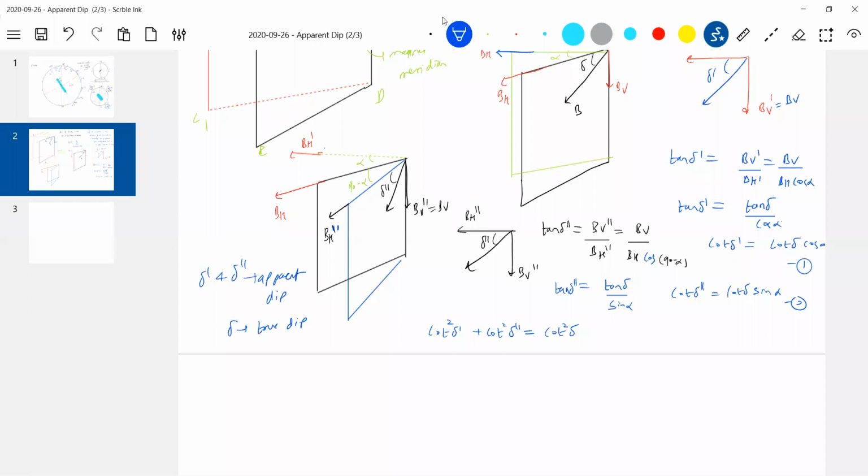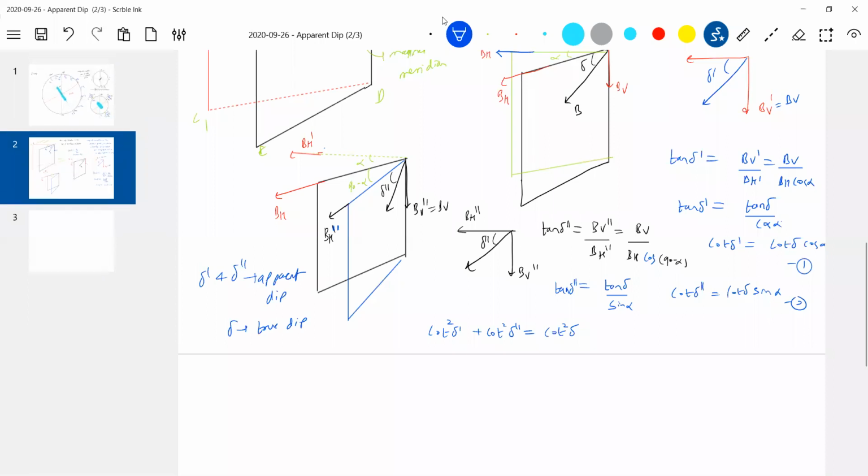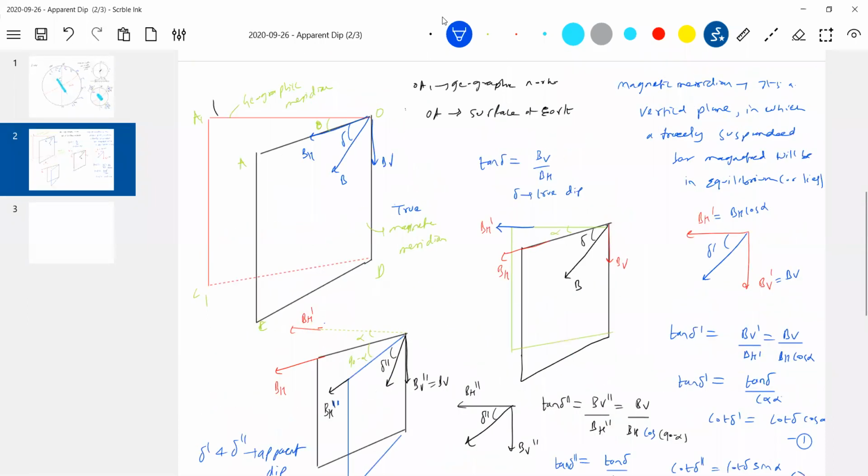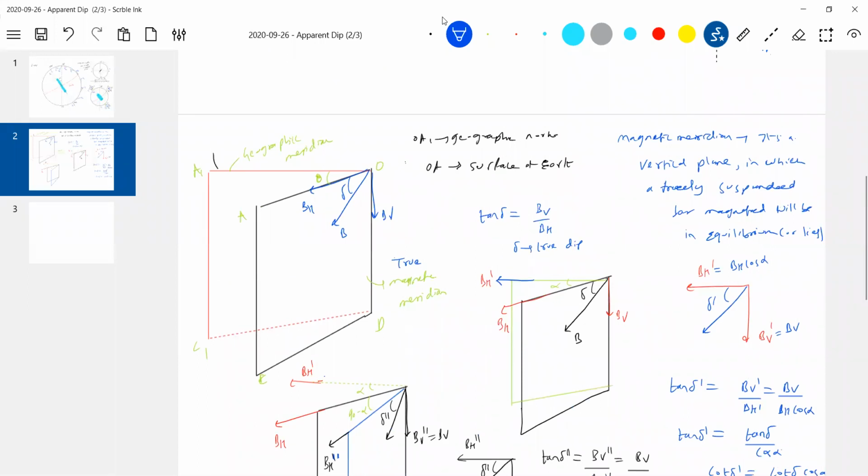And what is delta? Delta is the true dip. Are you able to understand now? So the true magnetic meridian, let's not bother. We need not bother about that one. Even if you, sir, I don't know the true magnetic meridian. Yes,